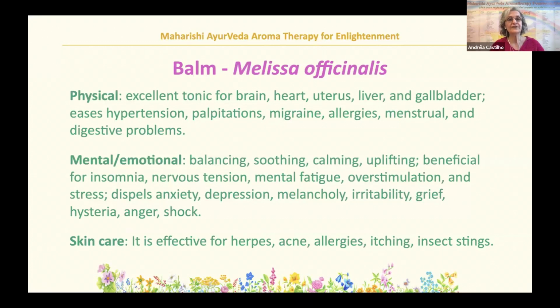And just to give you an idea of the properties of each essential oil, let's just take balm as an example. On the physical level, balm is an excellent tonic for brain, heart, uterus, liver, and gallbladder. It eases hypertension, palpitations, migraine, allergies, menstrual and digestive problems. On the mental emotional level, it is balancing, soothing, calming, uplifting, beneficial for insomnia, nervous tension,